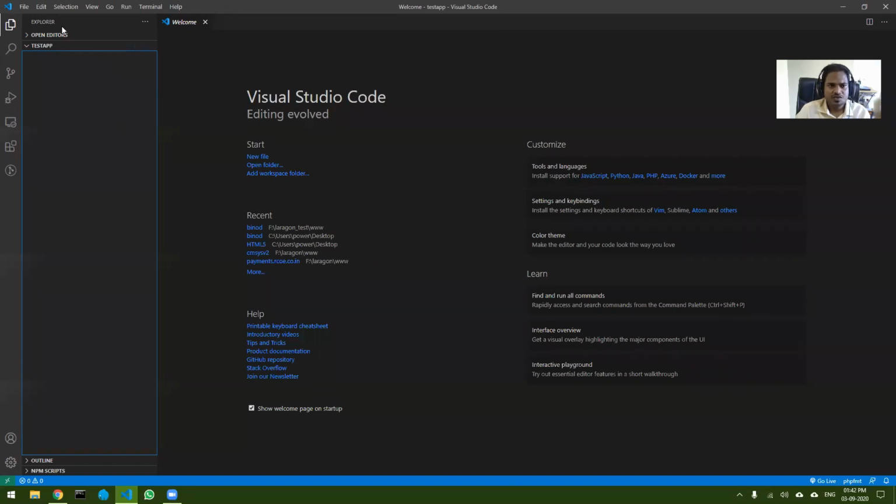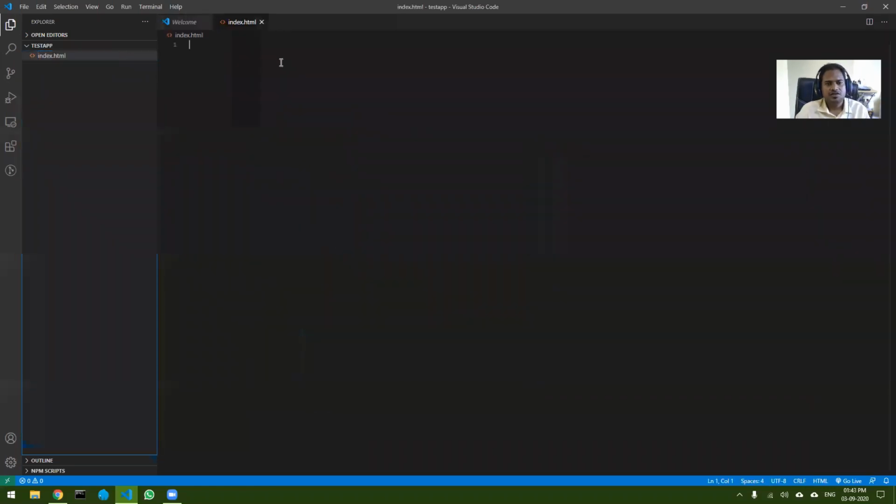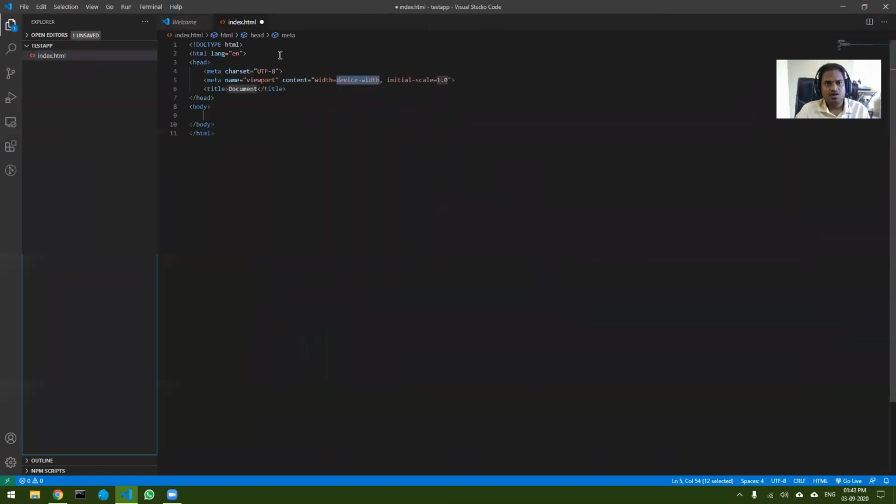If you have a PC, you can use Visual Studio Code to do your editing. So let's first create index.html. We are using Emmet over here, so auto completion of certain tags can be done from here. Once this much is done, our first setup part is done.